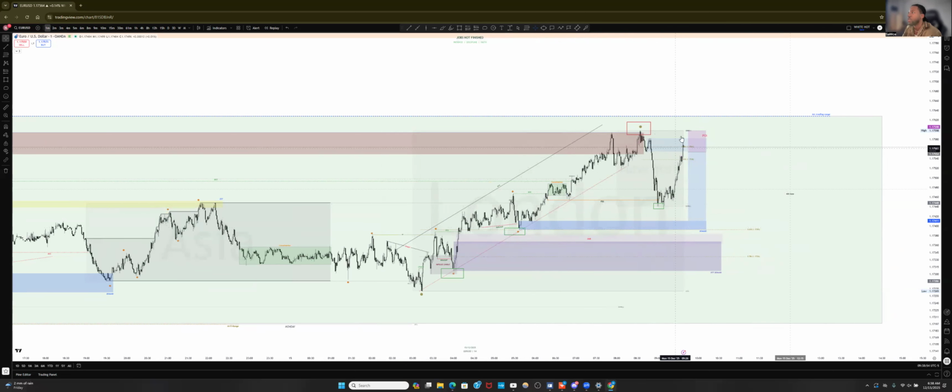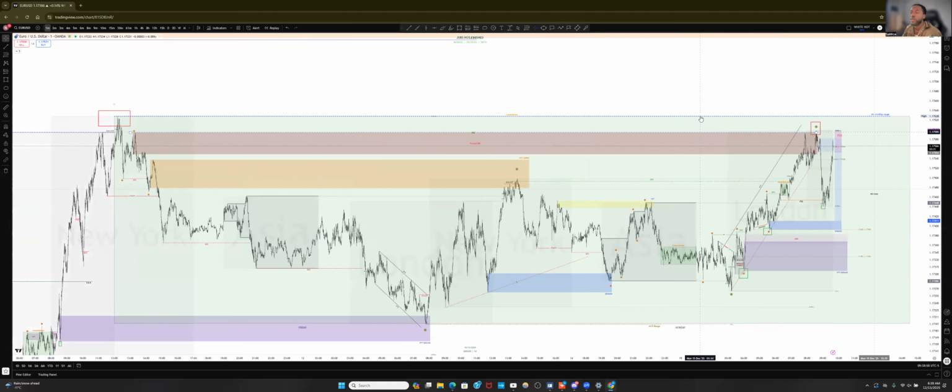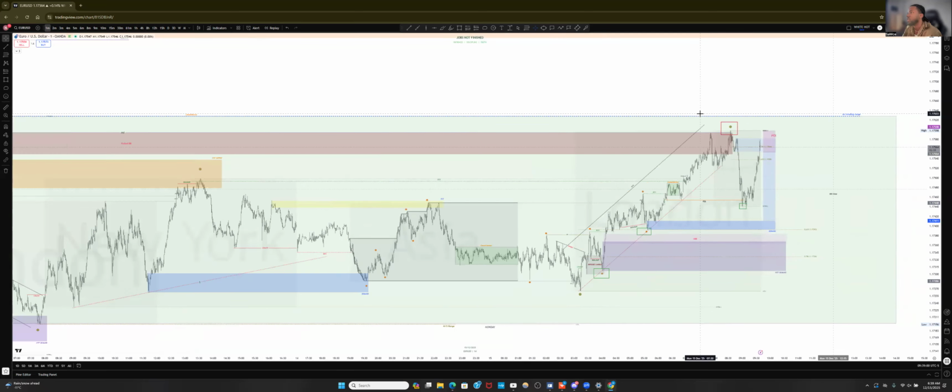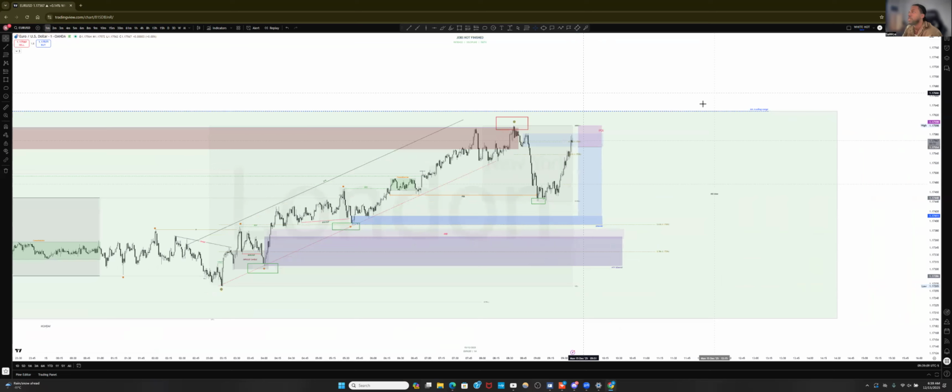But from right here, price can come out and take this high before continuing, or even take this high with it and then do all the things it needs to do. So I'm not too firm on this position yet. I do believe that price can and will take it, especially because we're in a consolidation.